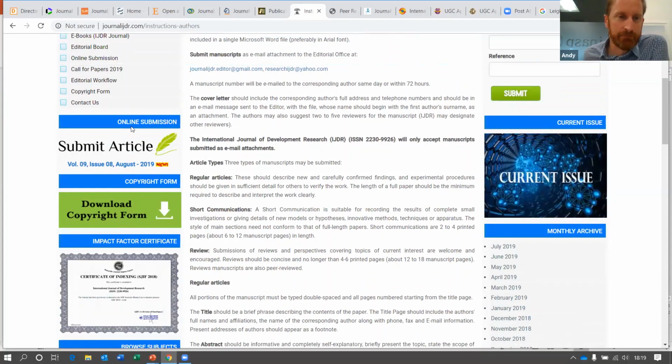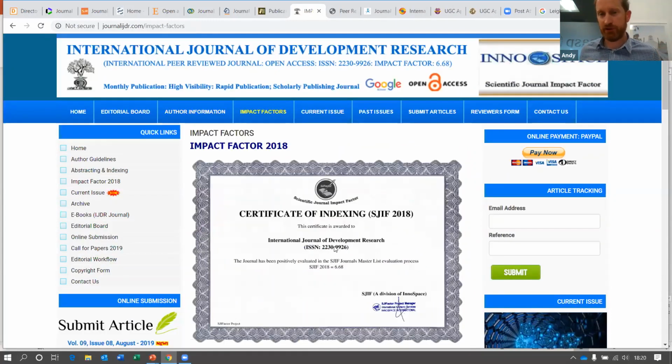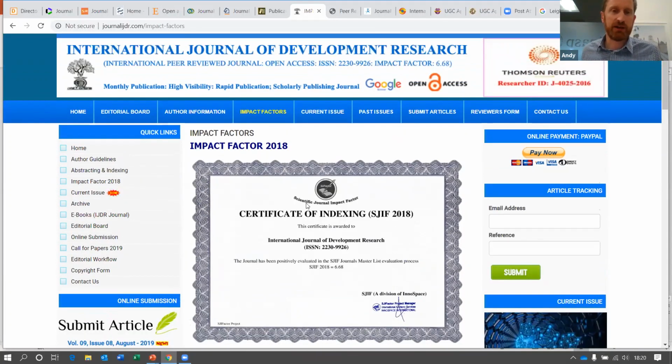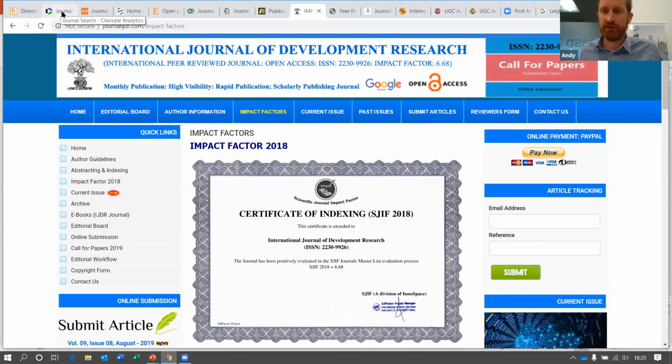One thing to look out for, as a red flag, are certificates of an impact factor, which is fake. So don't be fooled by these. This is something called the Scientific Journal Impact Factor, not the impact factor that we would understand. So that's to check these claims of impact factor. If your journal is going to say you've got an impact factor, then it's important that you back this up.